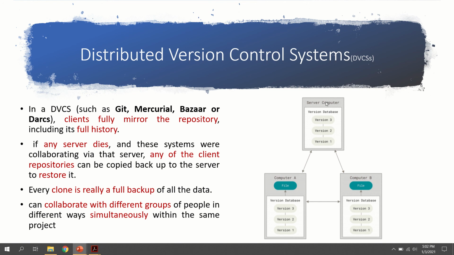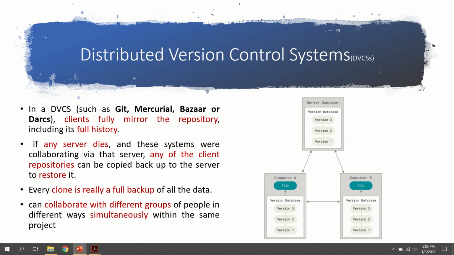Imagine a repository as a large storage area, in which all the versions of your files are stored. Imagine a set of developers, a lot of people. Suppose A is one person working on computer A, B is another person working on computer B, and like that, if 10 developers are there, they will be working together on a particular project.